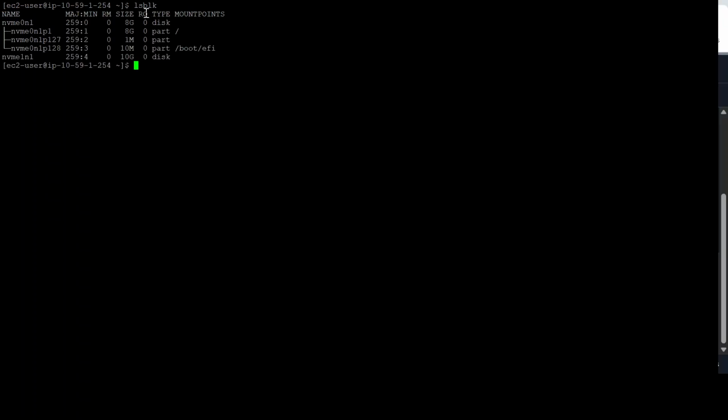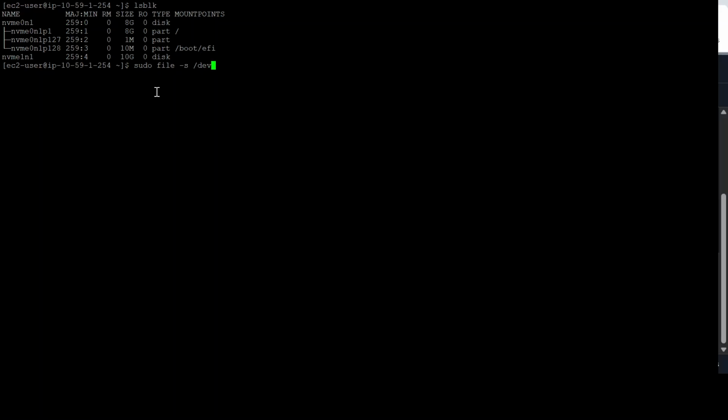Once you log into the machine, you have to check whether that volume has been attached to this machine or not. How to check that? You have to list all the block devices existing in this machine by using the command lsblk. So you have an 8 GB volume and a 10 GB volume. The 10 GB volume is not formatted. So what you have to do is check if the volume has any file system. How to check that? sudo file